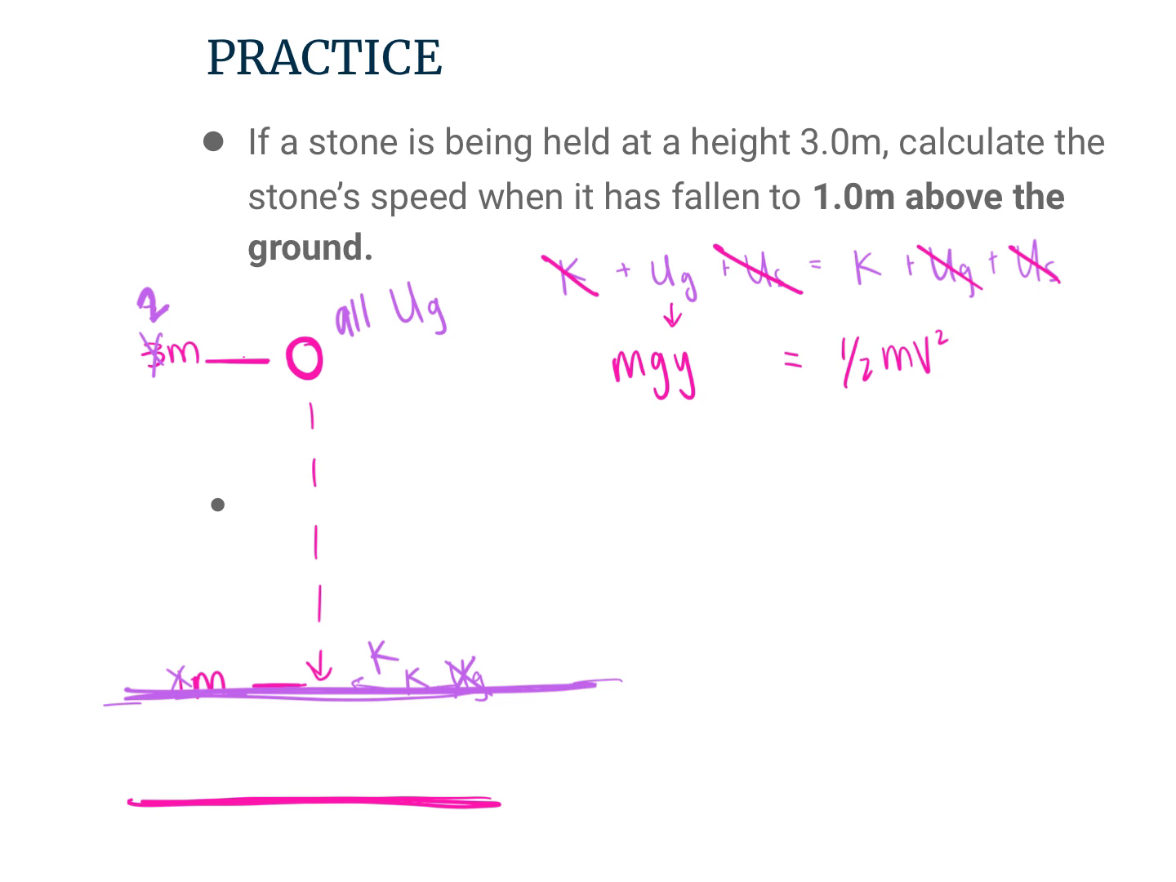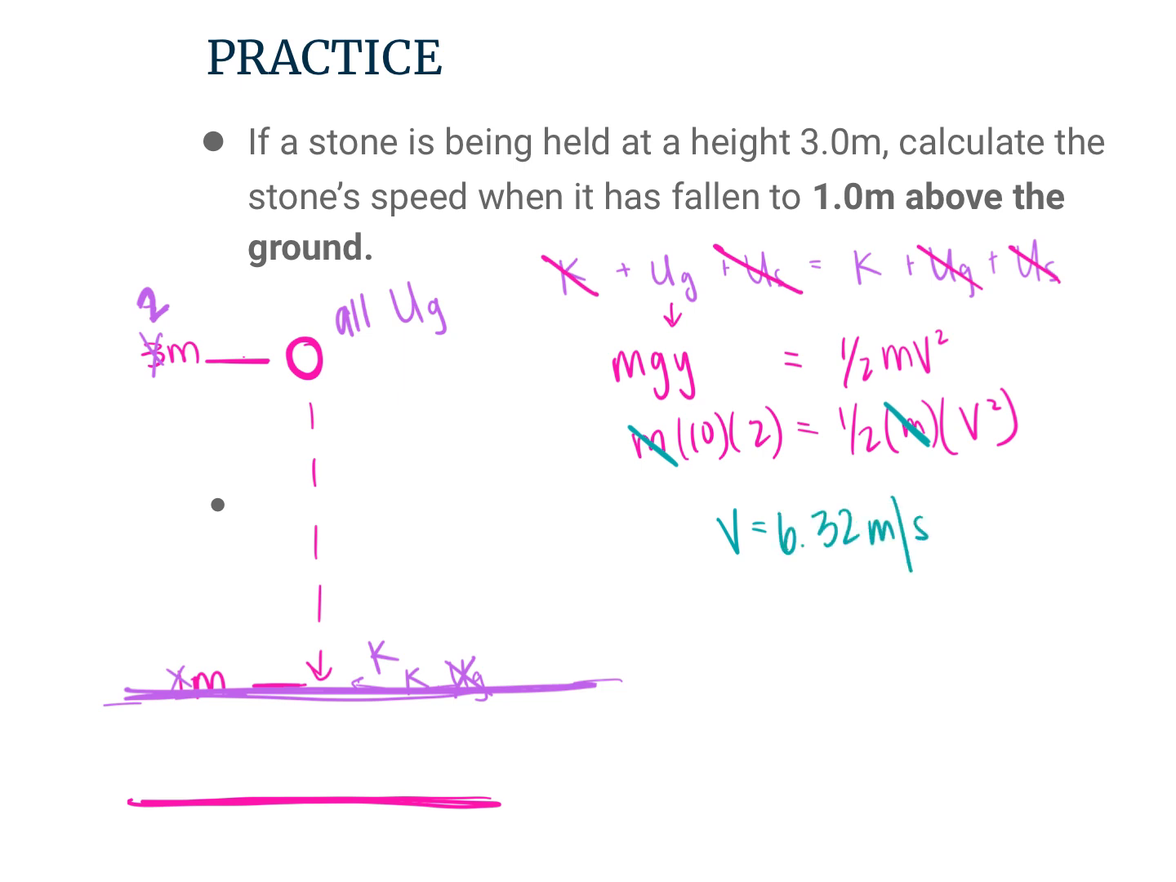So I'm going to plug in m times 10 times the height equals 1/2 m, and I'm looking for the velocity. Now, I've got an m on both sides. What happens with that? Cancel. It's going to go away. It's going to be canceled. Okay. So I'll take 20 divided by 1/2 and the square root of that. And I get a velocity equal to